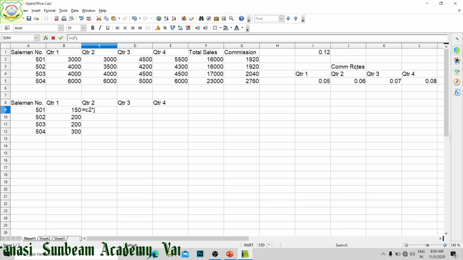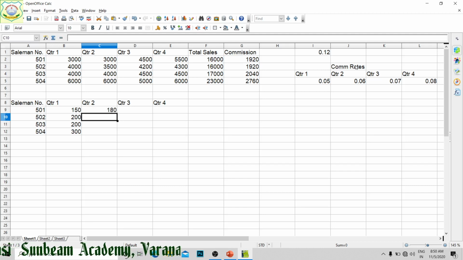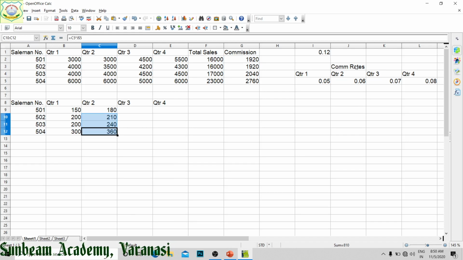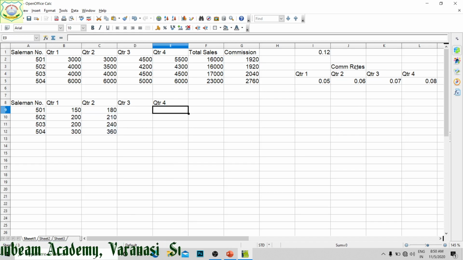So J$5. As per this it has got. Now copy it and paste it. The same you will do for quarter 3 and quarter 4. I am giving you 5 minutes just to complete your task. Then we will move towards the next thing.